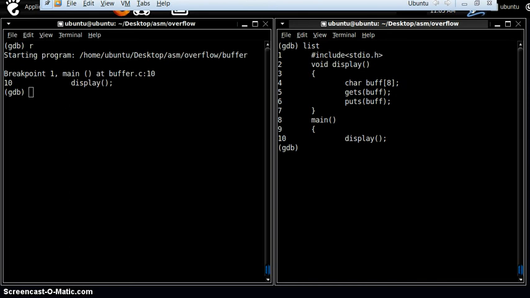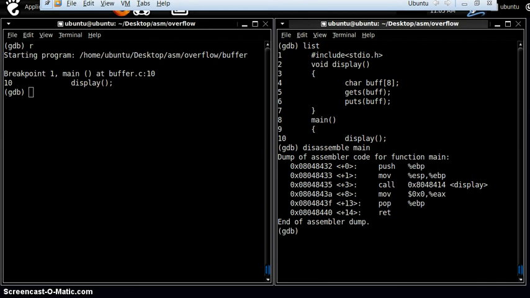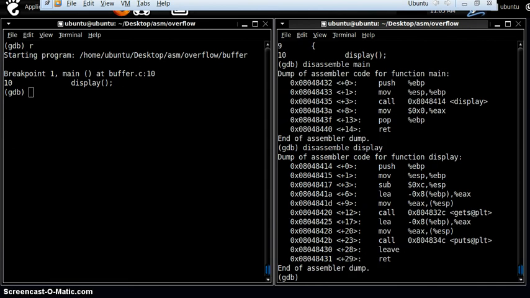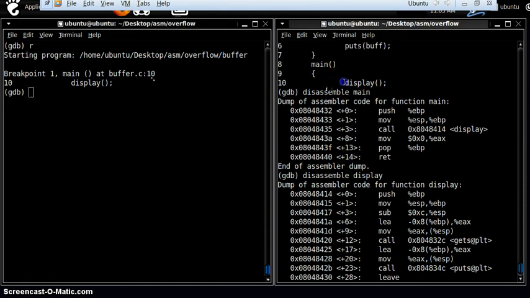Now let's disassemble the main section. Now disassemble the display function. So here we get the program code in assembly. We have just run the program. It is halted just before the execution of the display call.